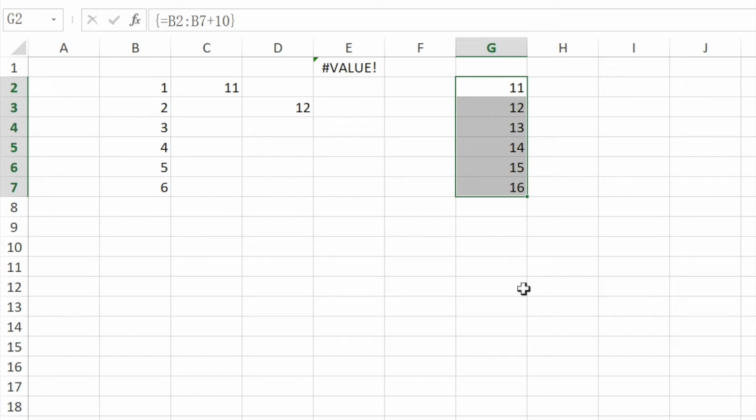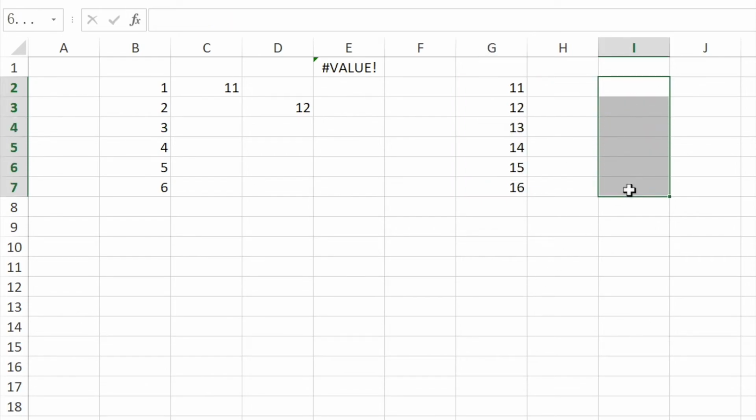Let's see another example. Here we select the range. Enter =B2:B7+G2:G7. Ctrl-Shift-Enter. It returns an array whose size is always the size of the selected range. The formula is also surrounded by curly brackets.